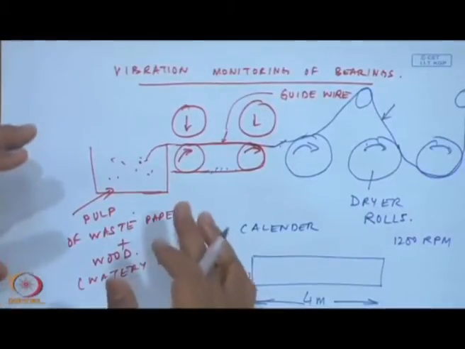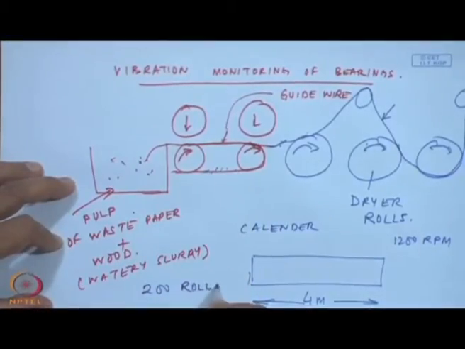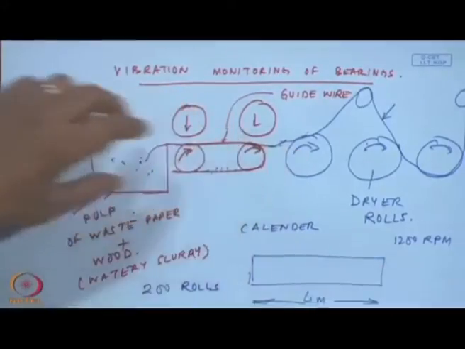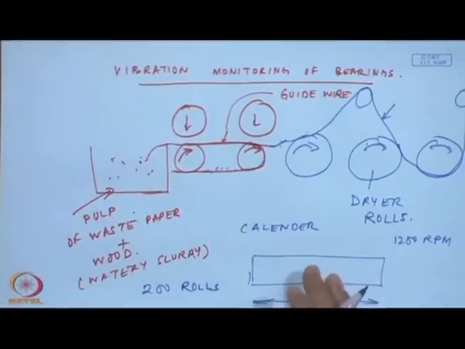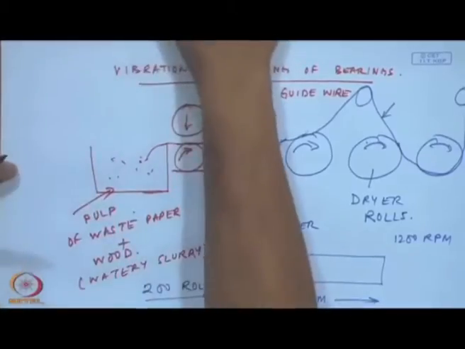If you go to any paper mill, there are close to about 200 high speed rolls, each about 1 meter, 2 meters in diameter. Initially it is 1 meter, and then they will later thin down. Maybe 100 rolls of the size of 1 meter in diameter and 4 meters in length, rotating at high speeds, and then finally the paper comes out. And this is a view of the dryer rolls.